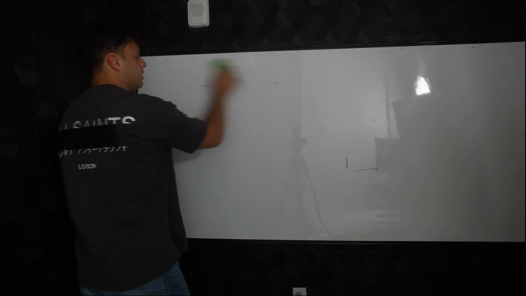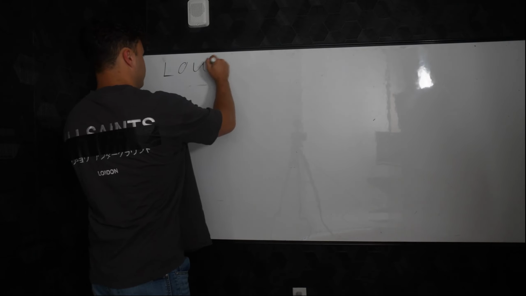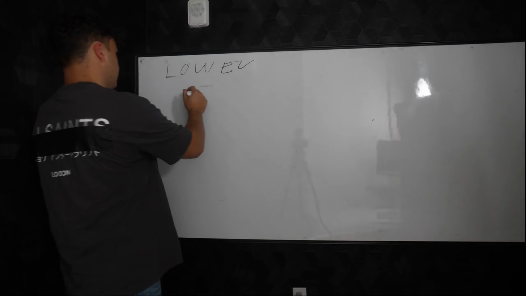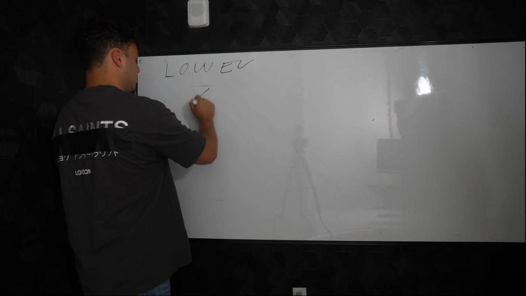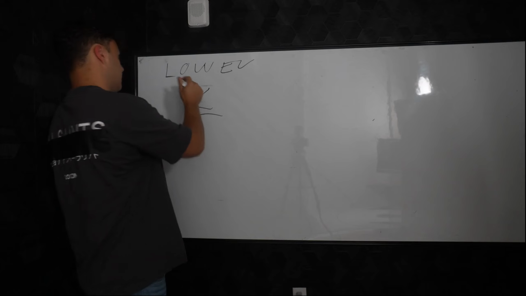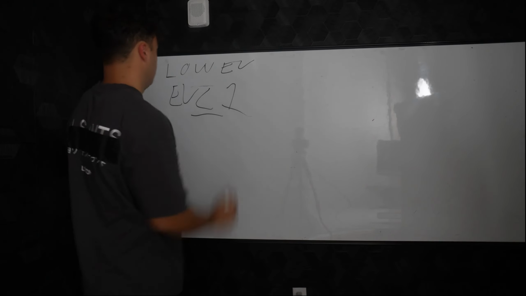So, if your expected value is positive, you're in the money. But how do we scale this, right? How do we use this metric to go even higher? So, if we have a low expected value, what does that mean, right? It means that our EV is less than or equal to 1.